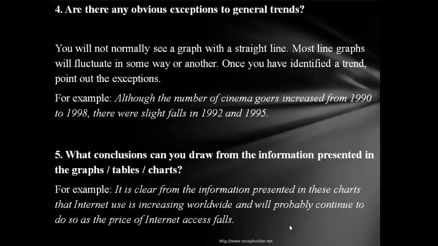Number 4. Are there any obvious exceptions to general trends? You will not normally see a graph with a straight line. Most line graphs will fluctuate in some way or another. Once you have identified a trend, point out the exceptions. For example, although the number of cinema goers increased from 1990 to 1998, there were slight falls in 1992 and